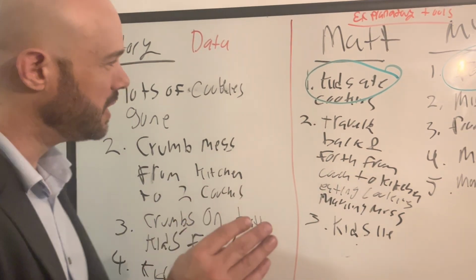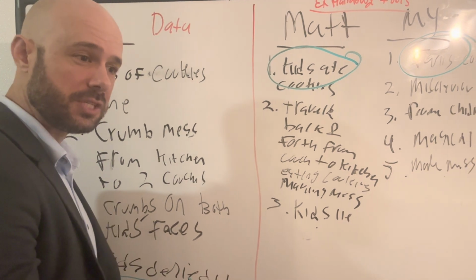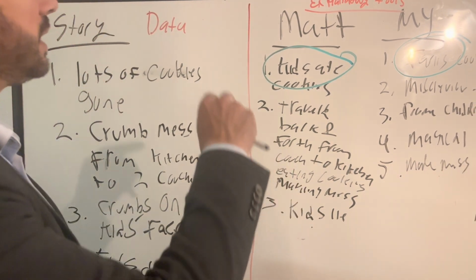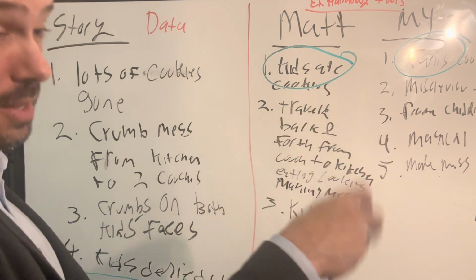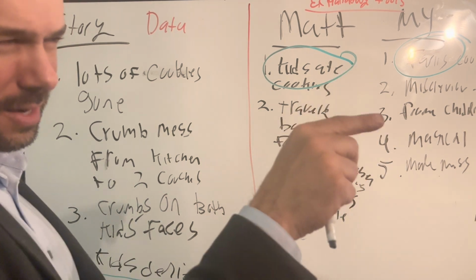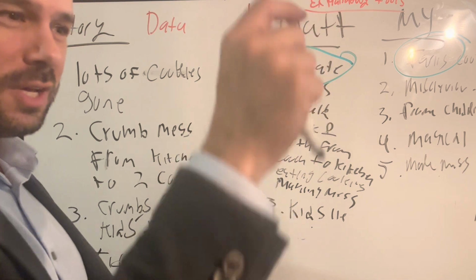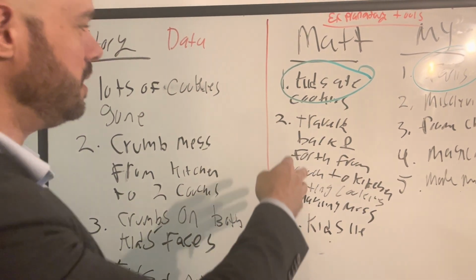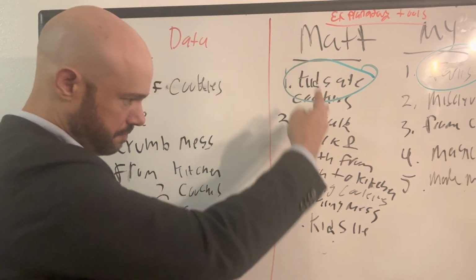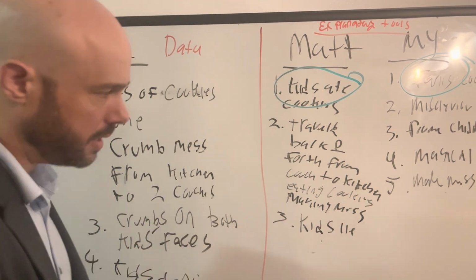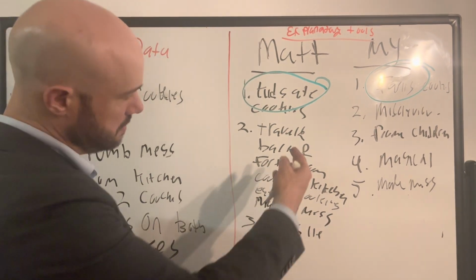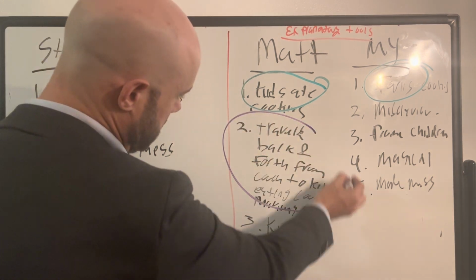A supposition is something that is added in to make sense of these things. So every explanation is going to have suppositions. It's going to be a little ad hoc because every explanation needs to fill some sort of gap. So you have this raw data, and you have to connect the raw data together with sewing needles, but the string of those needles are the suppositions that you're placing to connect the data together. So Matt clearly has some suppositions here. Mostly it's going to be his number 2,